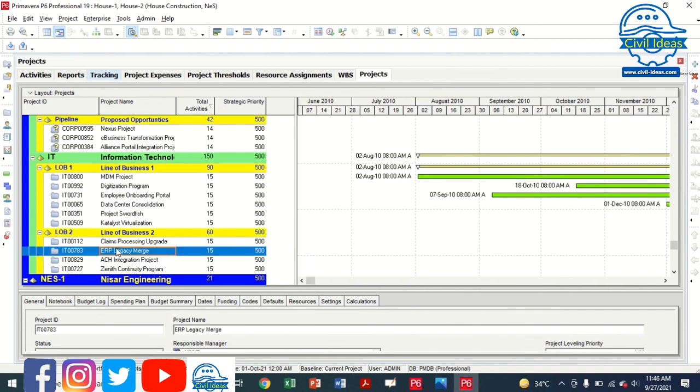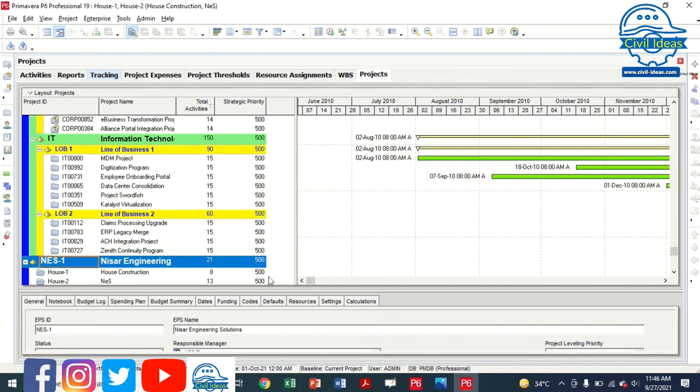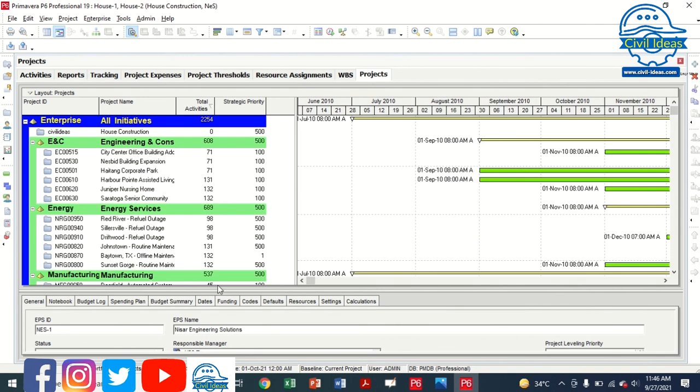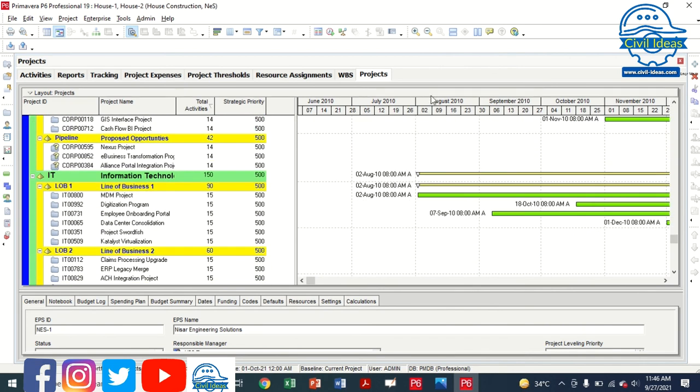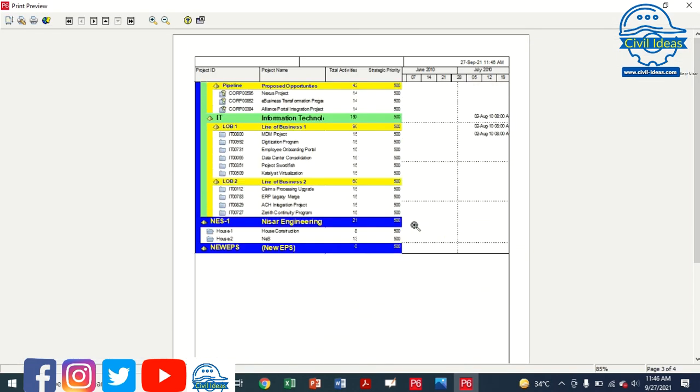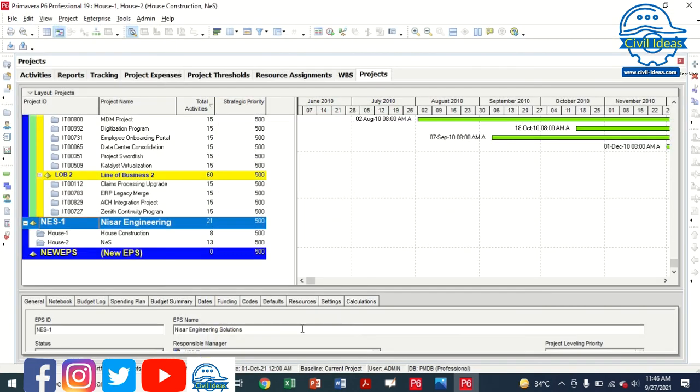And now this is for our project that we have. Okay, so you have to check all these, any projects. You can check it, and you can take a print preview, all these things you can do. And also